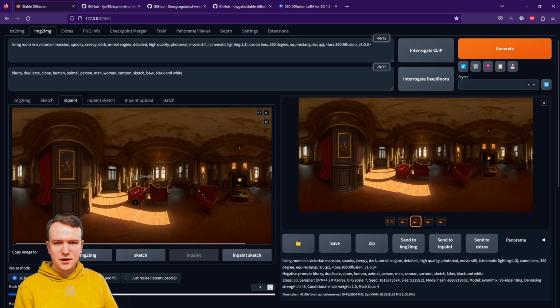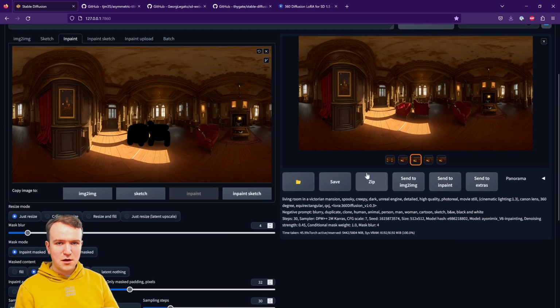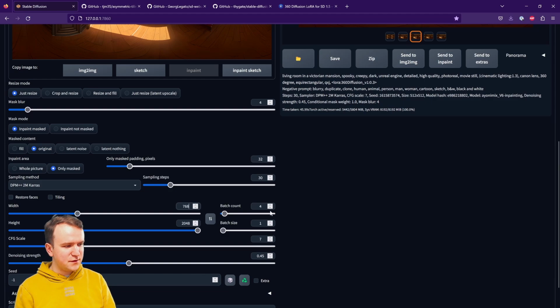I'm going to do it with the other furniture, this time adjusting my prompt a little bit. So I'm just adding red luxury sofas, keeping all my other settings the same, and make sure you reset your width and height to the correct values. This time, because it's kind of a long rectangle, I'm going to adjust my width to something more wide, my height to 512. But every time you hit send to InPaint, it's going to reset those width and heights to the full image size, which of course we do not want. So make sure you fix that.